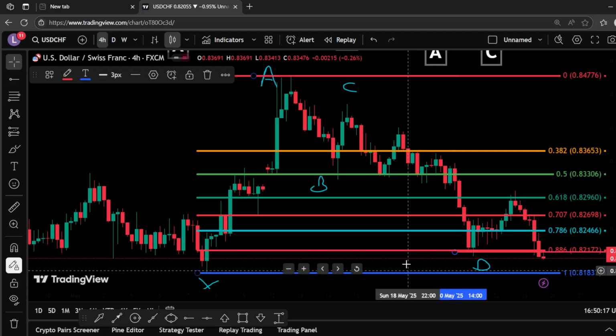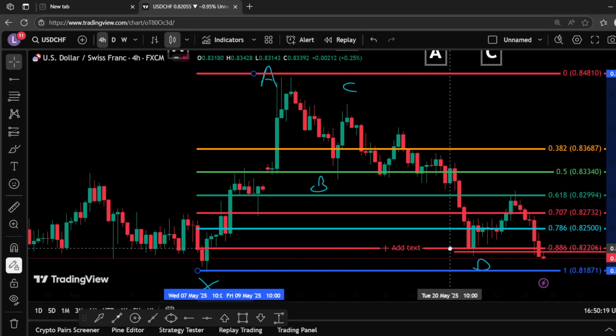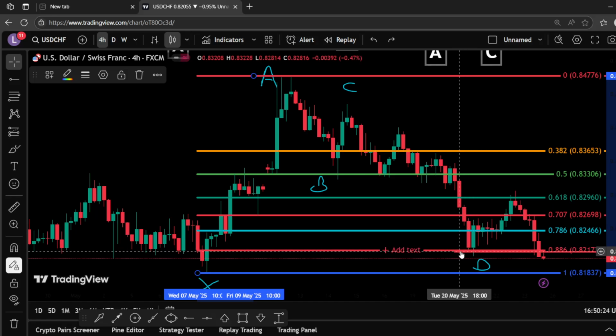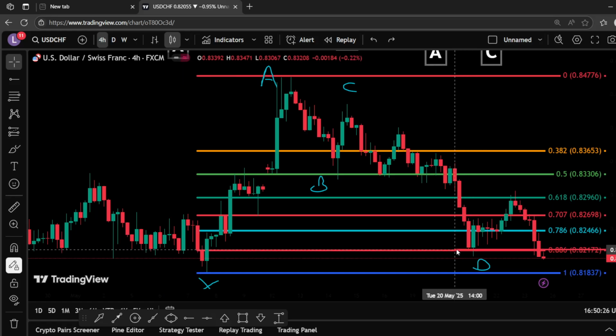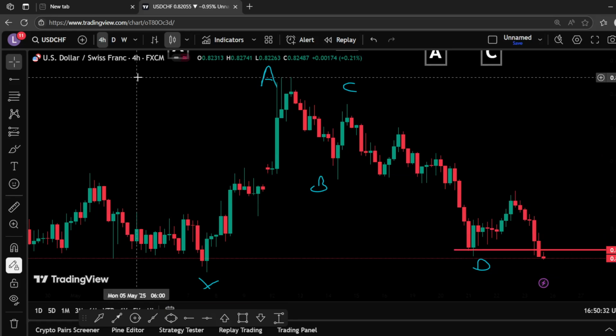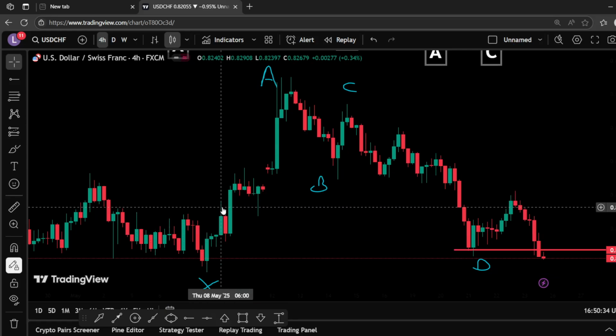Let's just plot the horizontal line there. Yeah, it's right there, 886. Okay, so that's the first criteria met. Now we need to